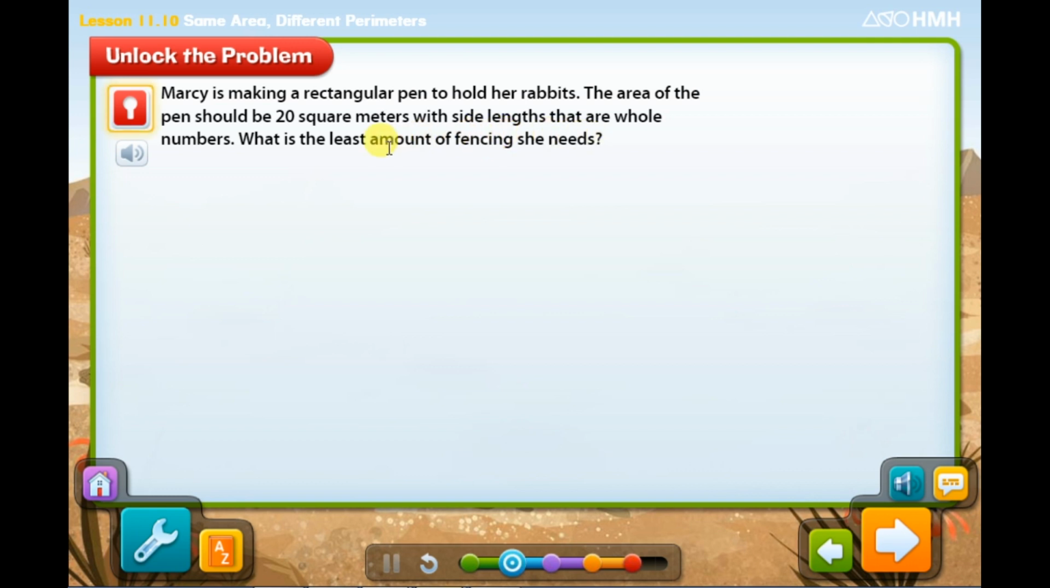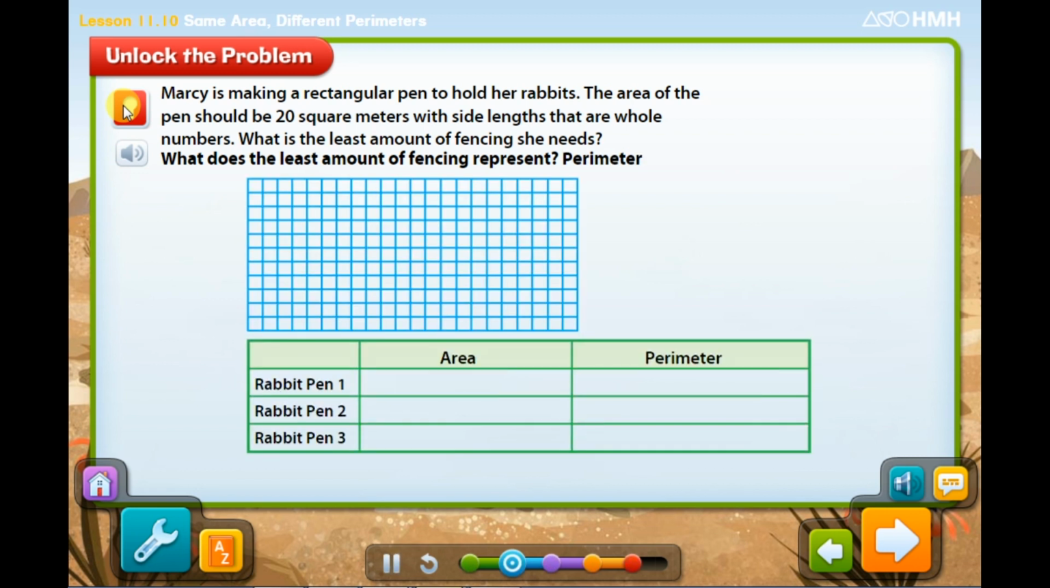And when we say amount of fencing, it's around the pen, right? So if it's around the pen, she wants the outside distance. This means the perimeter. So the area is given, but the perimeter is not given. I want to find the least perimeter. So let's unlock the problem. To answer this question, think about what the least amount of fencing represents. The perimeter. The area of the pen needs to be 20 square meters, so use 20 square tiles to make